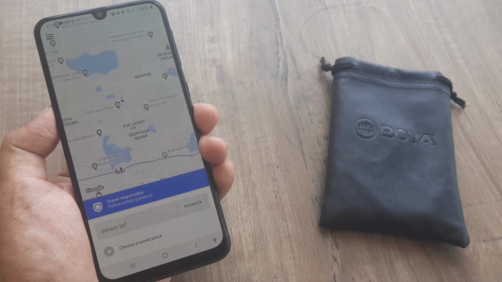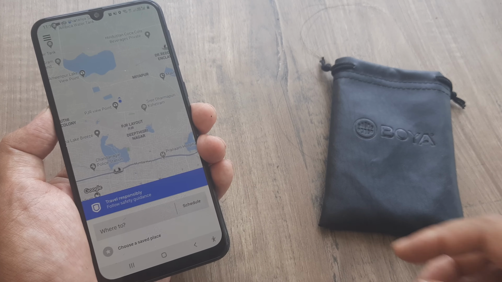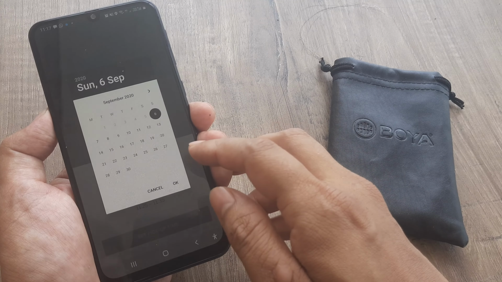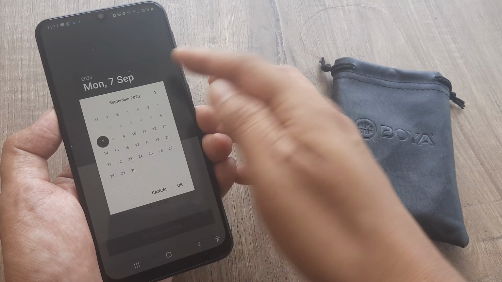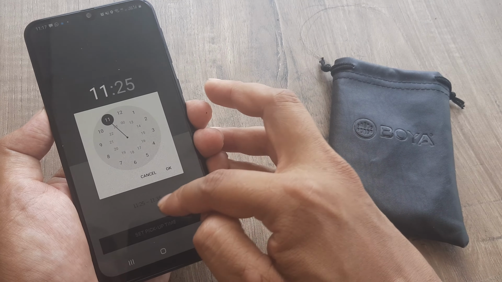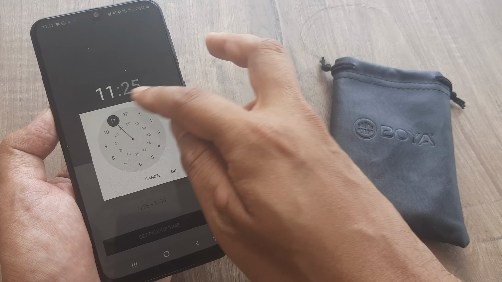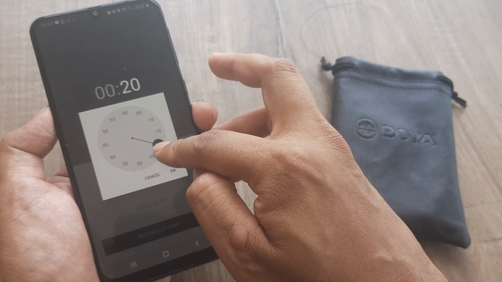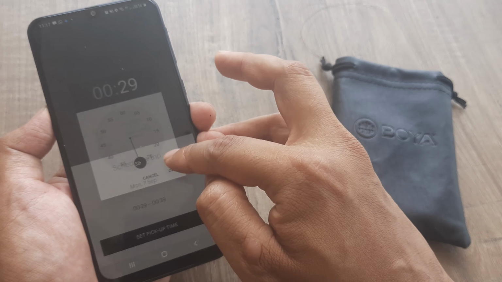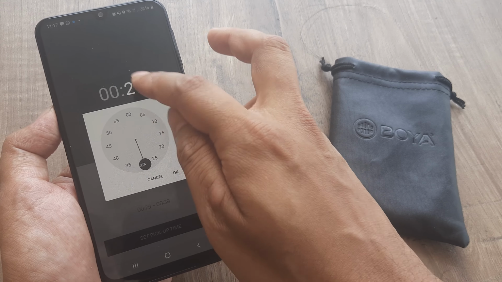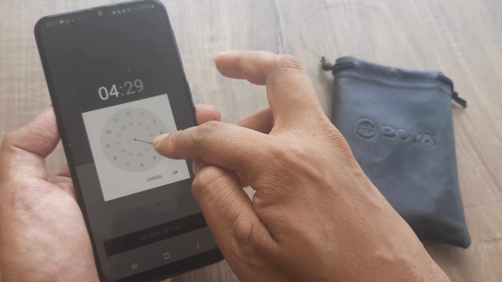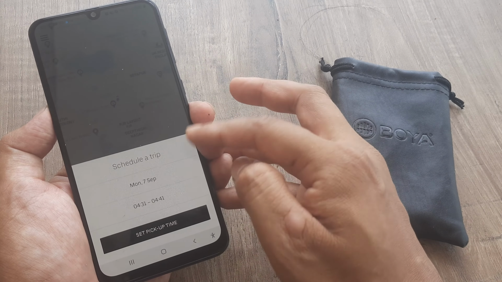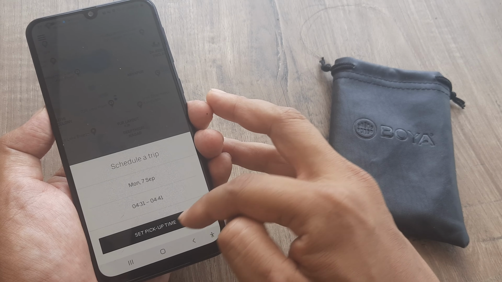Now just so that I can explain a little about how you get stuff done on Uber, in case you want to schedule a ride for later on, you can use the schedule option. You can decide upon the date and time. So in case I don't want to ride right now, I can ride on some other day and time. This is basically the minute, sorry, this is 12:30, you can see the minute side. In case I want to do the hour, I click on the hour and so this is the hour side, so 4:29 or 4:30 maybe. So this is how you can schedule. You can set the pickup time and everything.